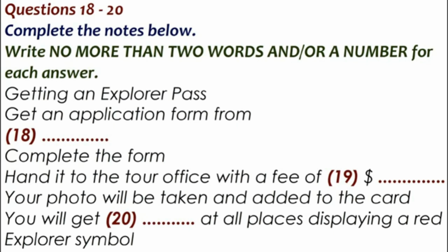When you hand it in, you'll get your picture taken for the card on the spot, and then your card is ready to use. Remember to show it whenever you pay for anything. The discounts apply not just to tourist attractions, but some bars and restaurants. Basically, everywhere you see a red Explorer symbol. We're coming up to the historical district now. If you'd like to look at